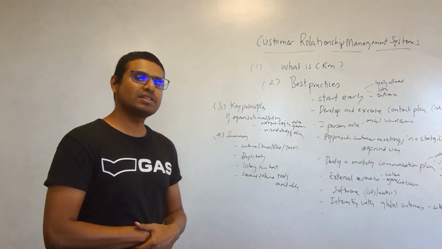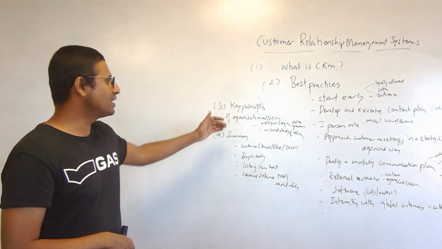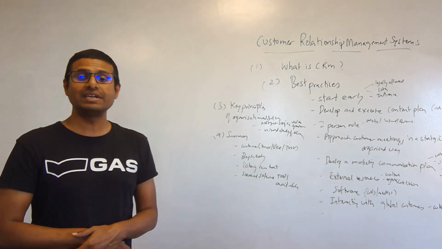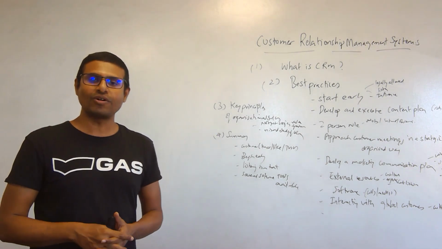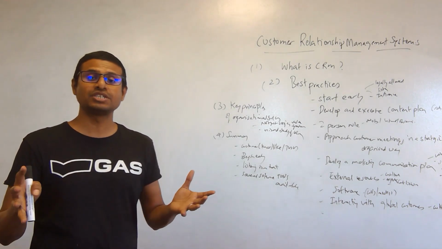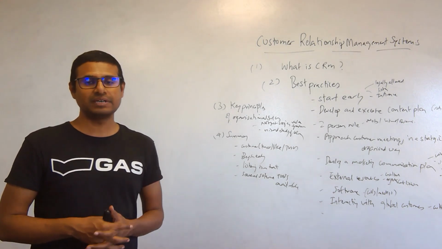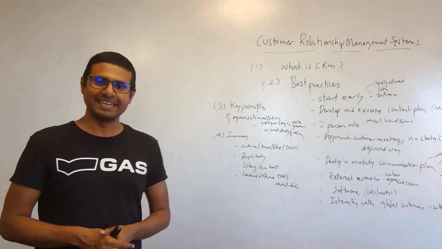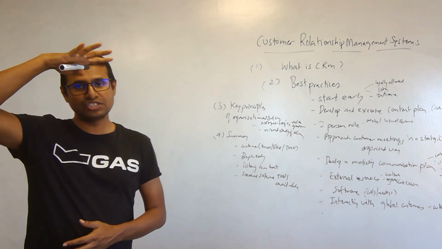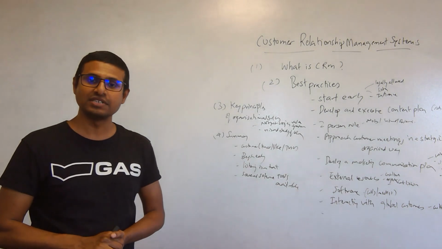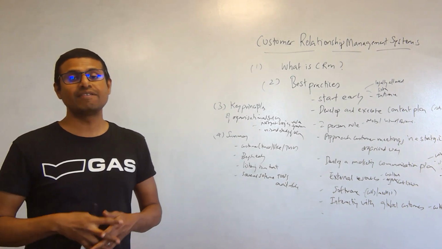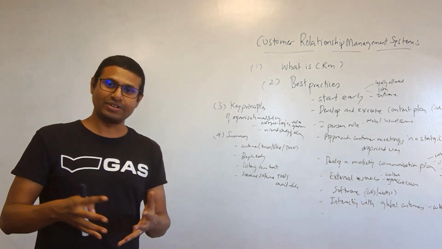But moving on here, what are some of the key principles of organizational structure that you can go for? People tend to make the mistake of always thinking the chief procurement officer or the CEO or the CXO of a company is a key stakeholder. Don't always make that mistake. Sometimes your procurement manager, your procurement expert in the local region might have much more influence than the strategic leadership. Don't always use higher level, senior level sponsors as your key relationship buyers. Always understand the influences in your structure and how you can build from there, because they are the ones who can become your advocate when you are not there in the organization.